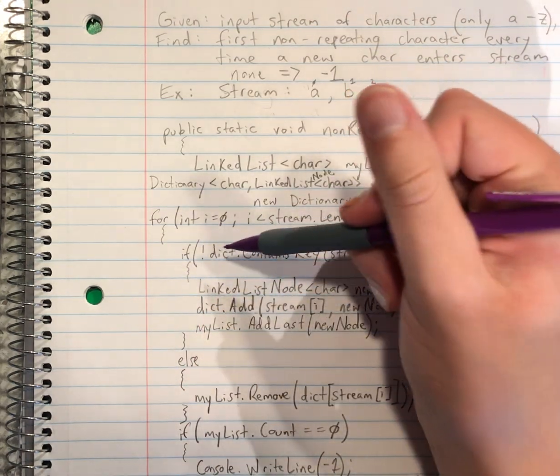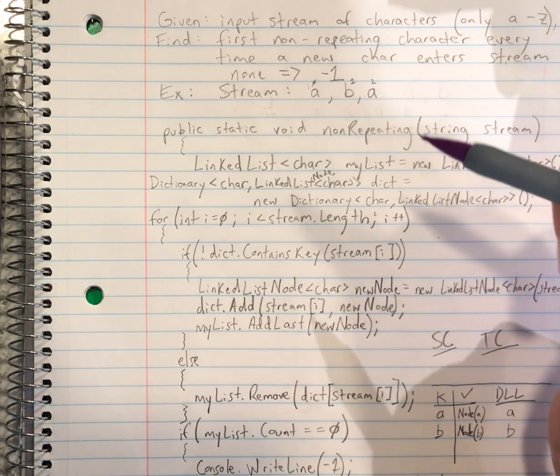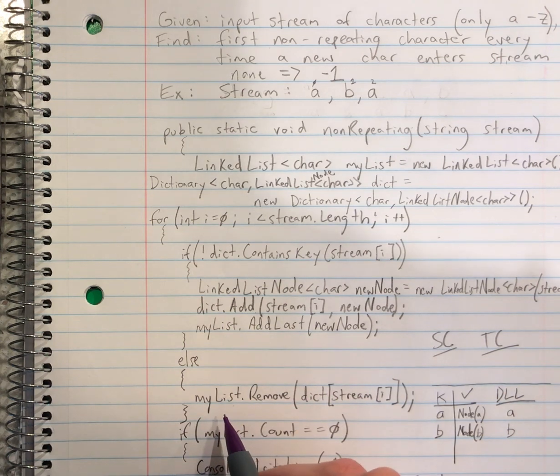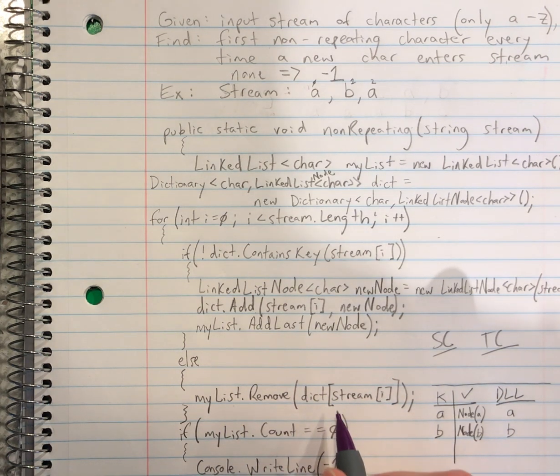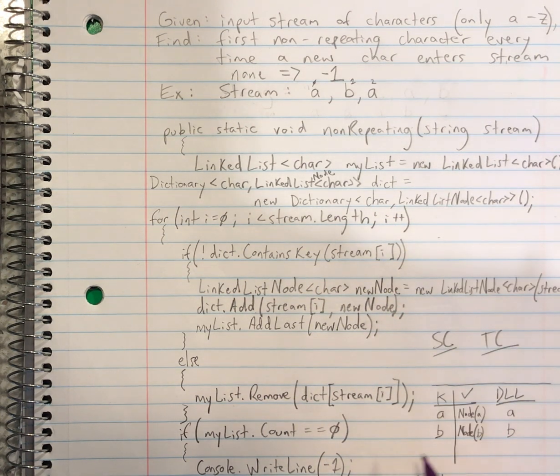If the dictionary does not contain the key that is A, it does contain that, else, we enter this else, mylist.remove dictionary, and the key is A, because i is 2. So we remove